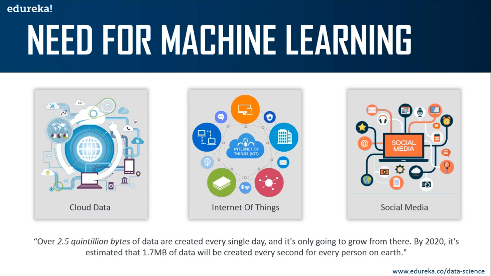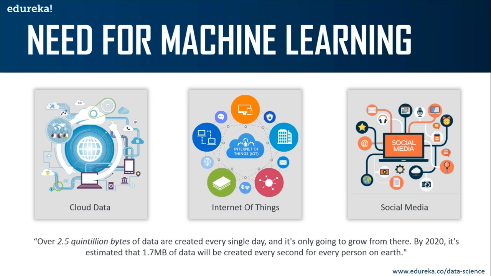Now, there are a lot of top-tier companies and data-driven companies such as Netflix and Amazon, which build machine learning models by using tons of data in order to identify any profitable opportunities. And if they want to avoid any unwanted risks, they make use of machine learning. So through machine learning, you can predict risks, you can predict profits, you can identify opportunities which will help you grow your business.